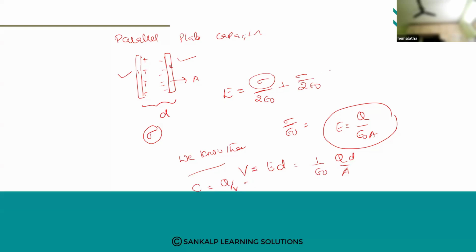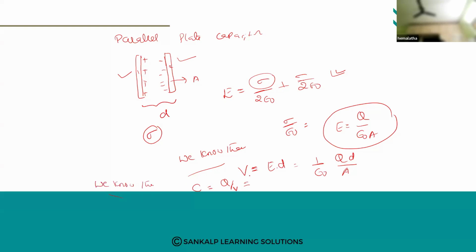First we took the electric field. Next, we have to calculate the potential difference. So E into D is equal to 1 by epsilon naught into Q into D divided by A. Let us apply the formula. The capacitance of a capacitor is given by, we know that,